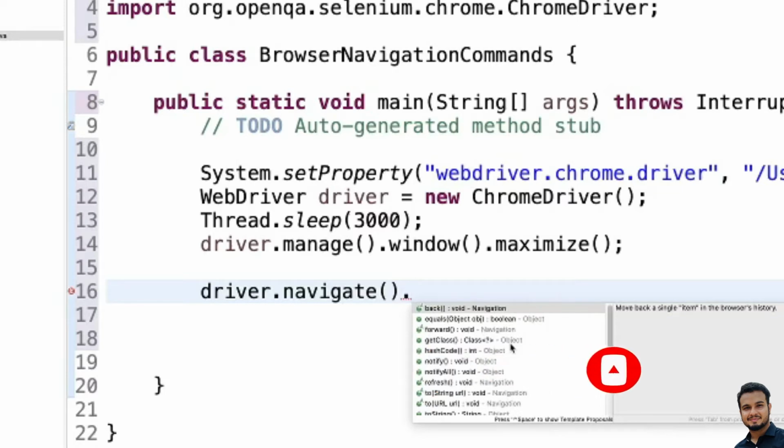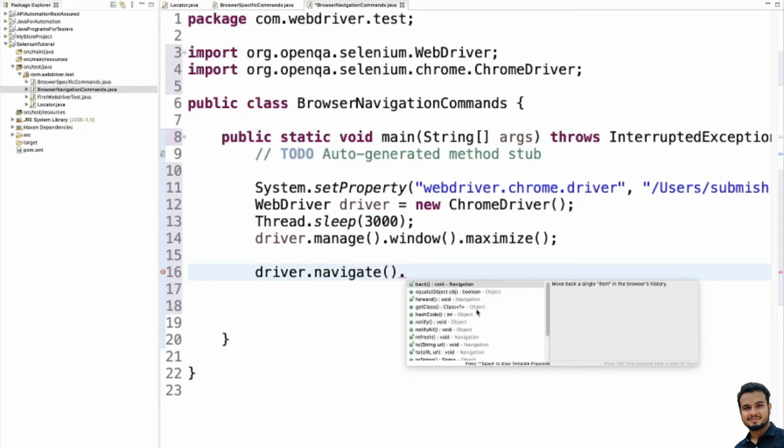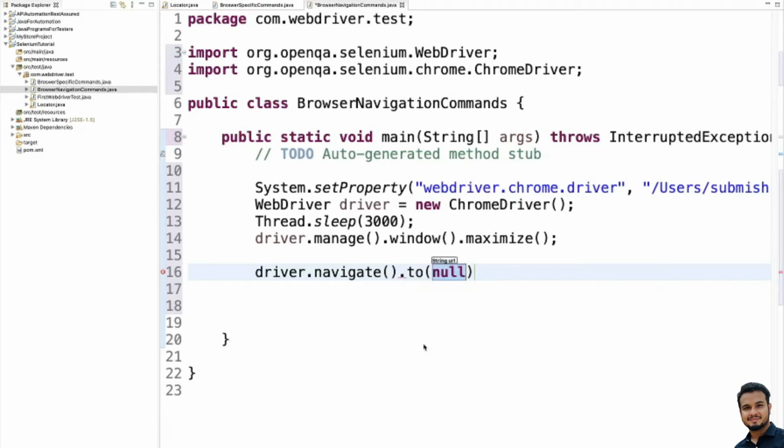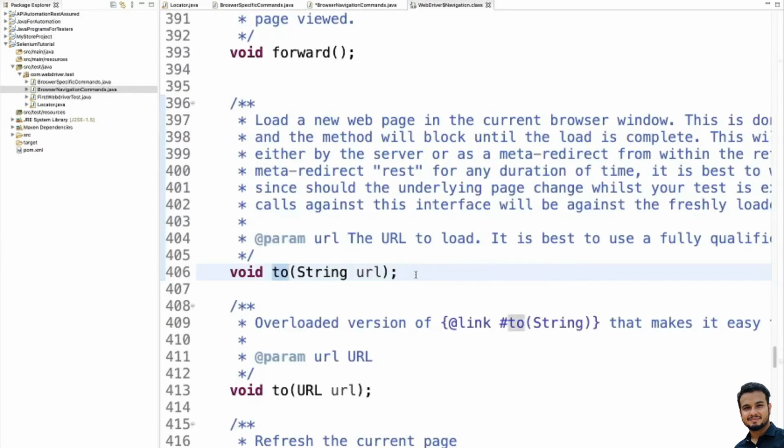Let me show you the very first method, that is driver dot navigate dot to. What do we do with this method? First we will see what this method is doing. We are saying void to. It says load a new web page in the current browser window. Just as we use get URL, we are navigating to a URL, and it will do similar things.